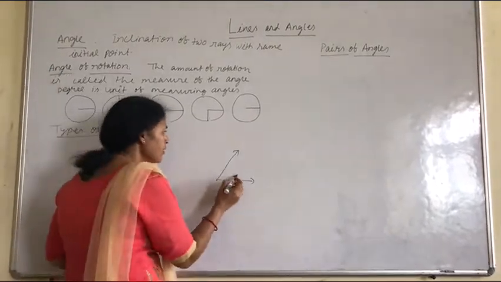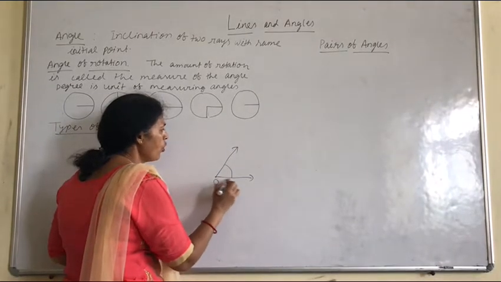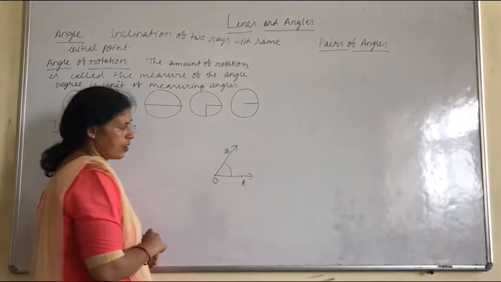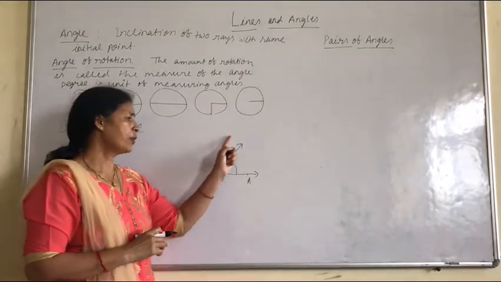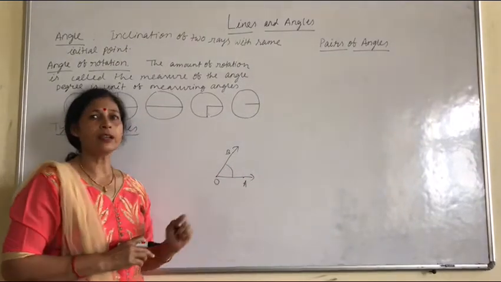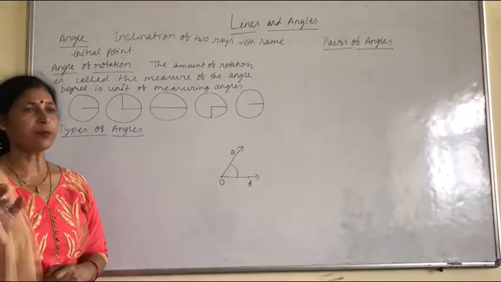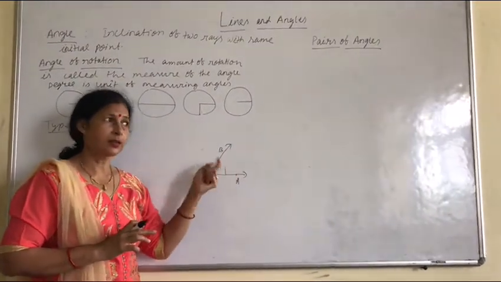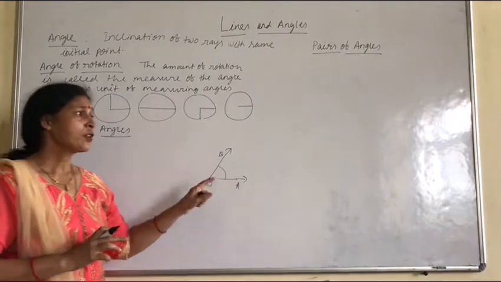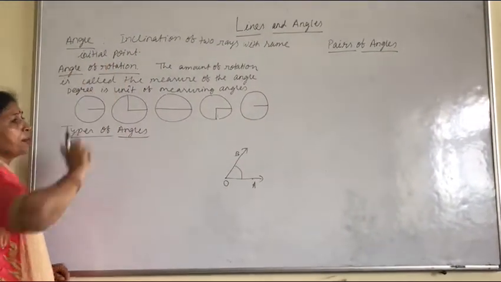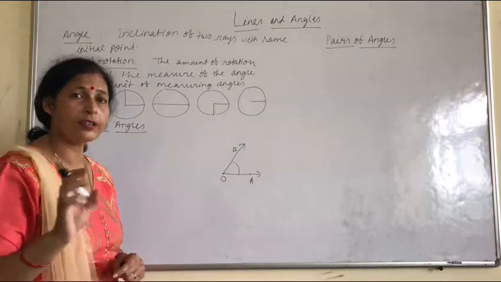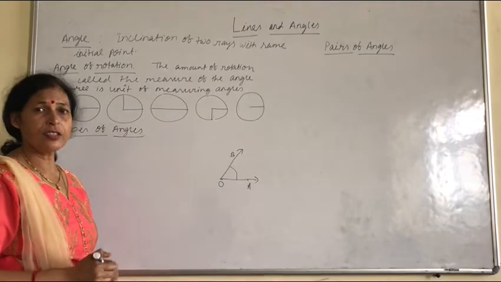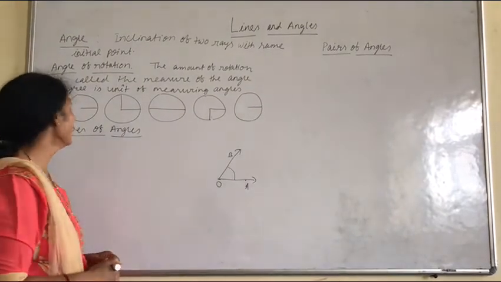Suppose OA, OB. So OA, OB, the angle AOB is formed. Meeting of 2 rays makes or forms an angle. Clear? So this one they have same initial point. Then you know the vertex, then the side. This is the vertex. O, the point, this is the vertex of the angle.